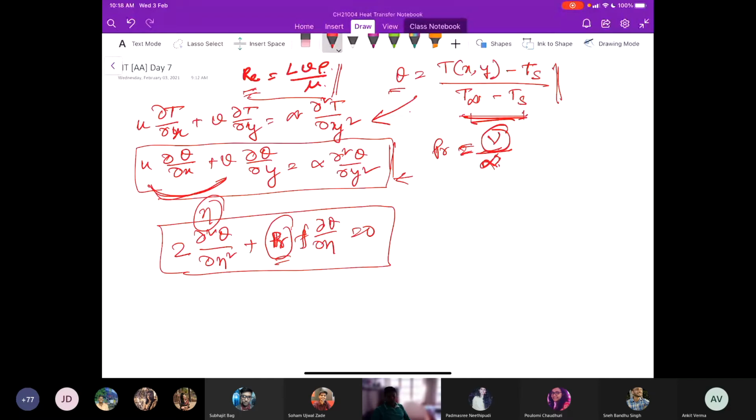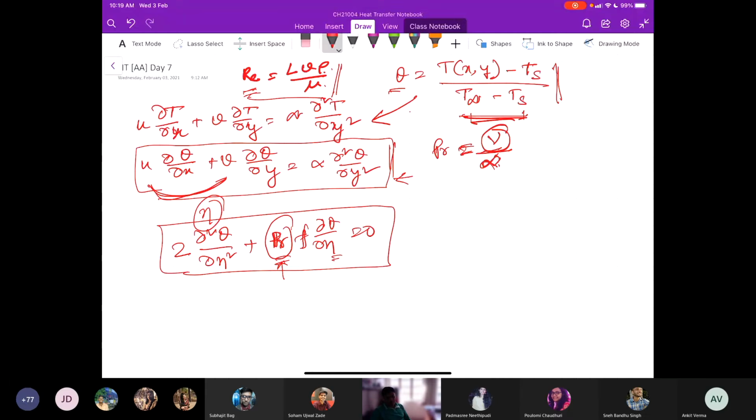And if we solve it, we have to solve for different values of Prandtl number in this equation, where again eta is a non-dimensional parameter. We will not go into the detail, but the point is that the energy equation will have a non-dimensional form containing the Prandtl number. And for each and every Prandtl number, this equation can be solved.